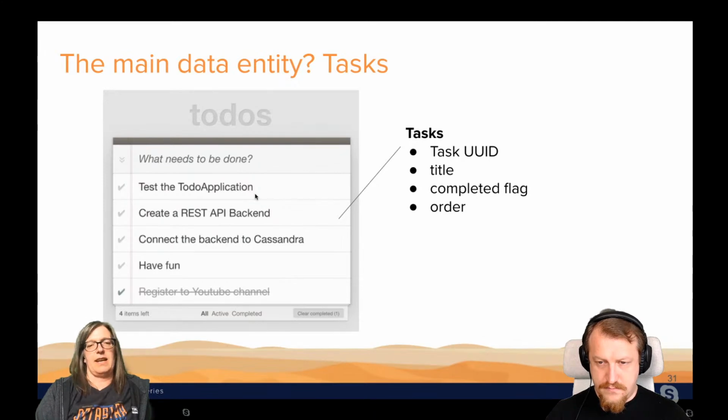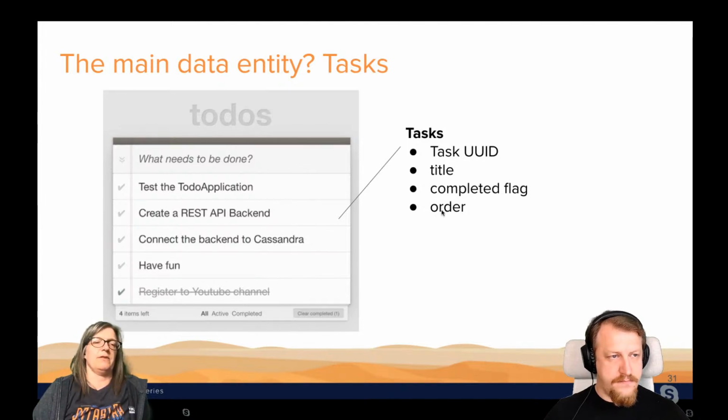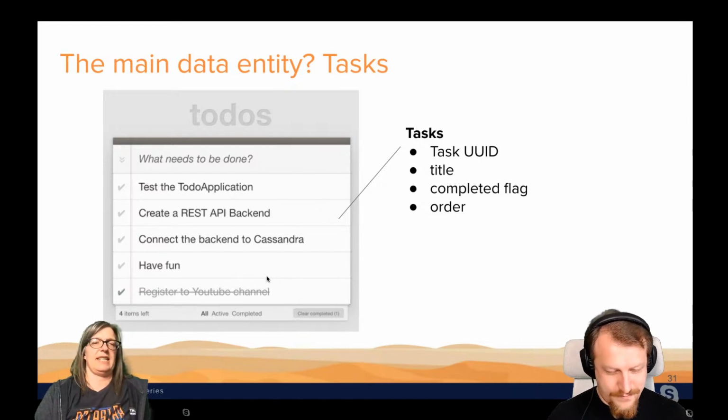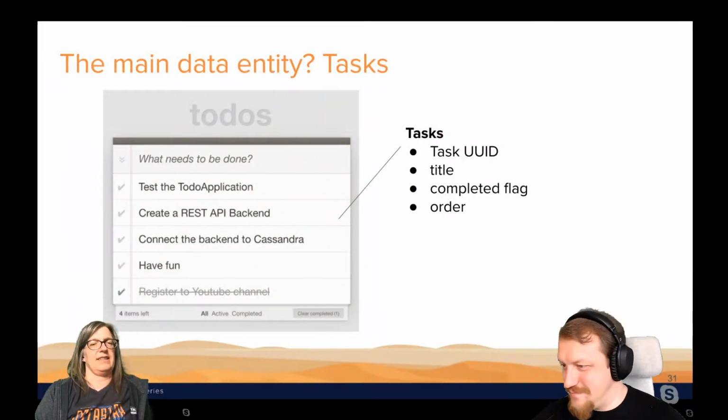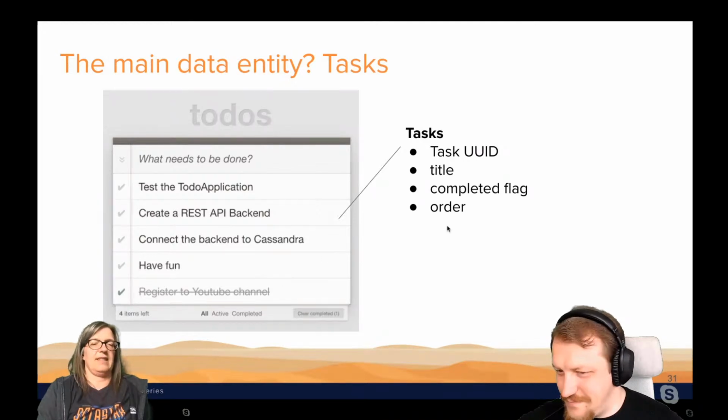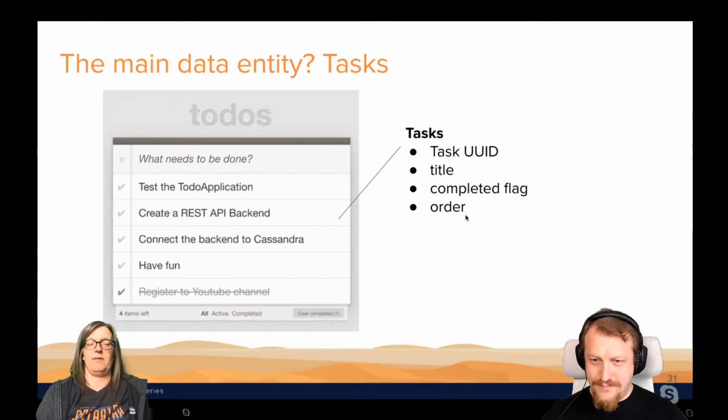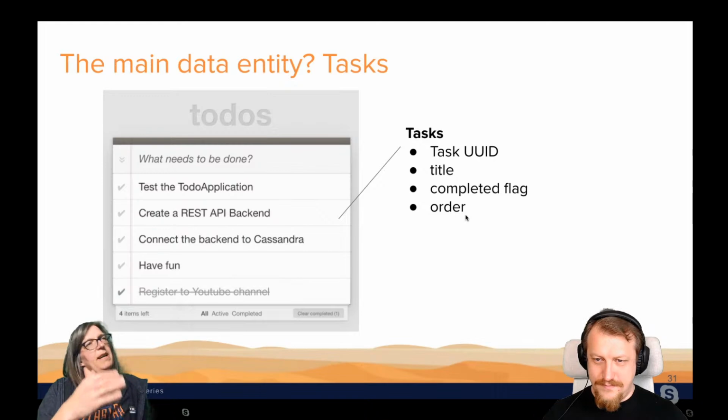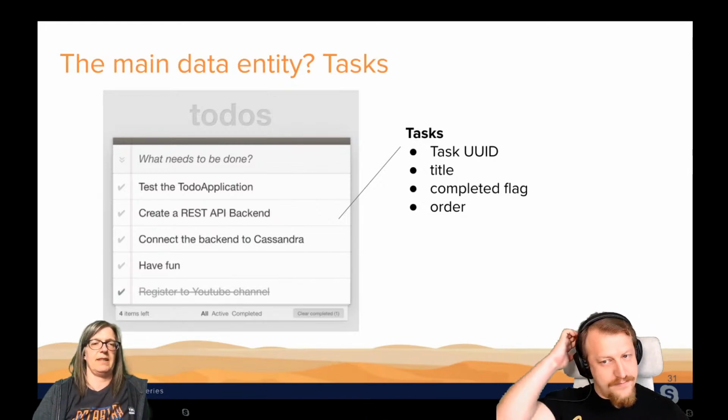I want to have the ability to mark it completed. And we actually do have the concept of ordering in there. But in the end, for simplicity, we didn't implement it in our implementation. So we actually don't have an API that allows us to reorder the tasks, but we still have it in the data model here. So that's a bit of a hangover from another example. But basically, this is going to be our task, our data entity that we will be working with.